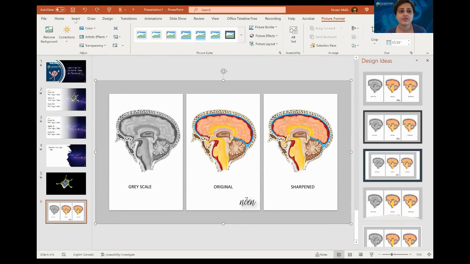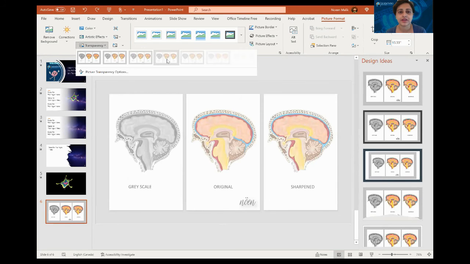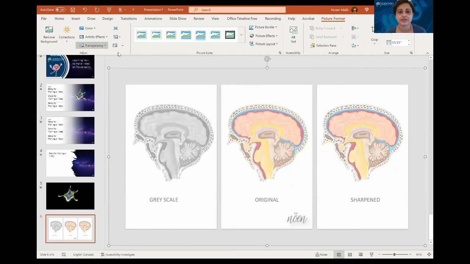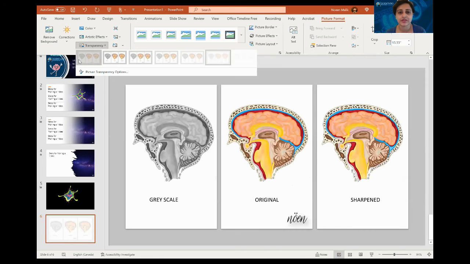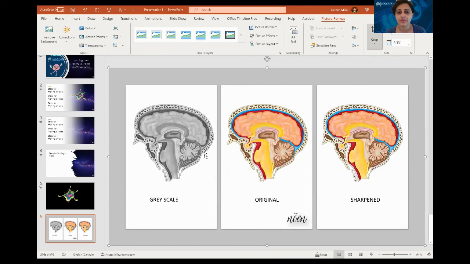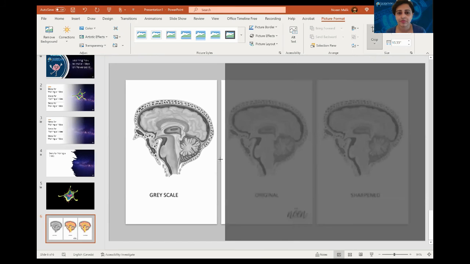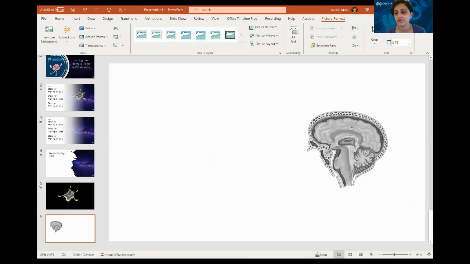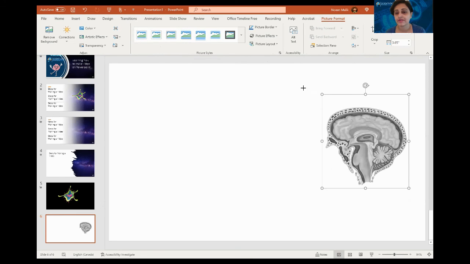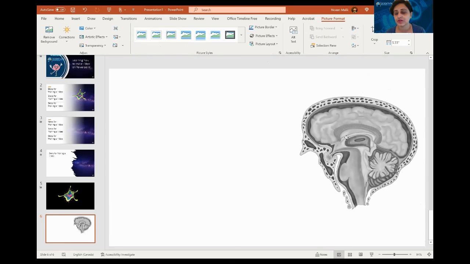So I can even use this with transparency and use it as my slide background, and then my background will be about the brain. Or I can have it as full transparency. I can just crop it. Let me crop my brain picture here. All these pictures were made in Paint. You can make these types of drawings if you have a pen, so I can add more coloring here.